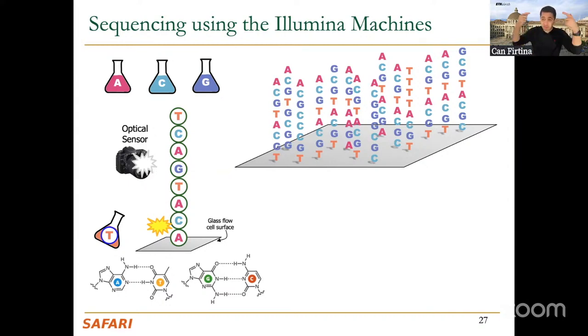So that's why we need more information for a base, and this is actually what is limiting the read length of sequencing by synthesis. The reason for that is we cannot grow these bases in an unlimited manner. We can only grow up to a few hundred bases, usually around 200 to 300, because as you increase the read length,